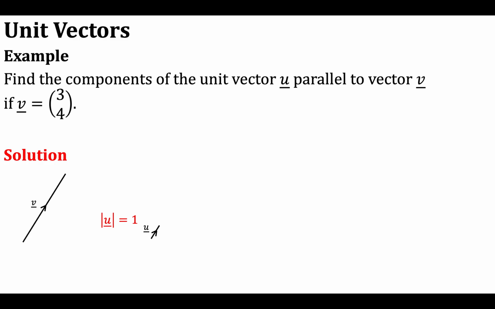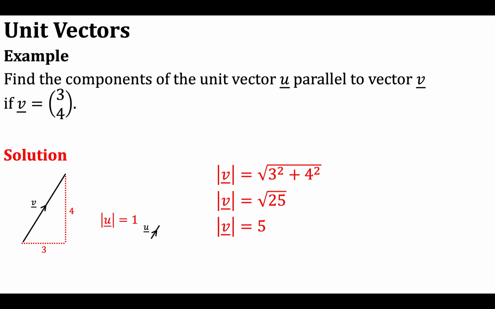Now vector v, as I've said, has components 3, 4. And we're able to find the magnitude of that. So it would be useful here to compare the magnitudes of the two vectors that we've been given. So the magnitude of vector v is the square root of 3 squared plus 4 squared, which is the square root of 25, which is 5. So the magnitude of v is 5. And we can see here that obviously u and v are parallel, but we can see that u is 1/5 of v